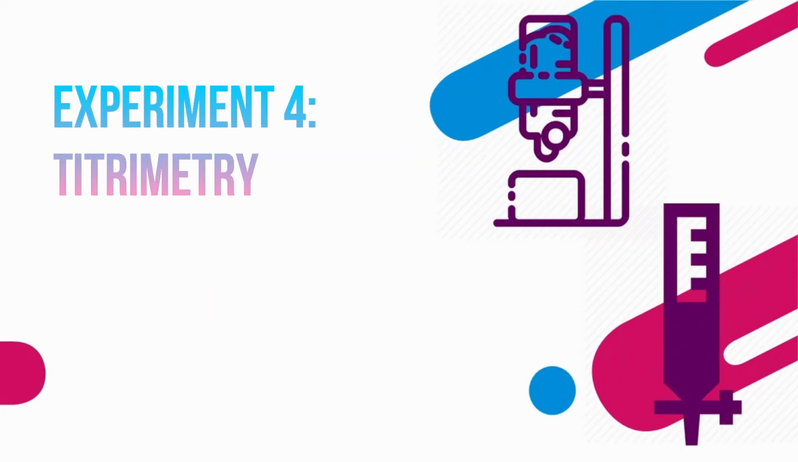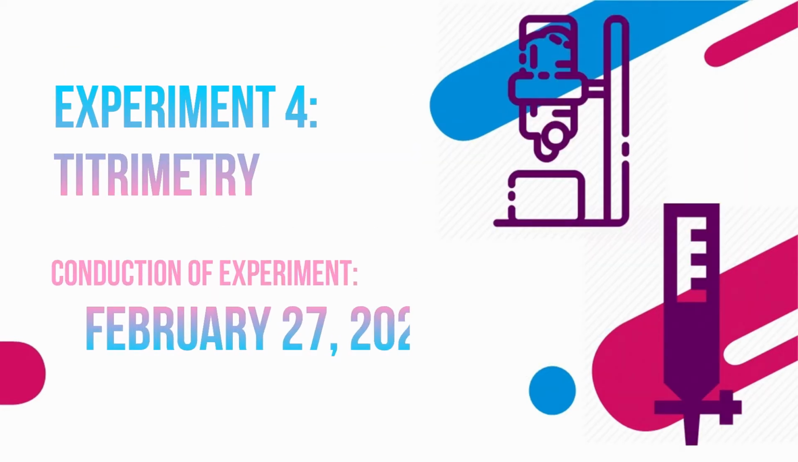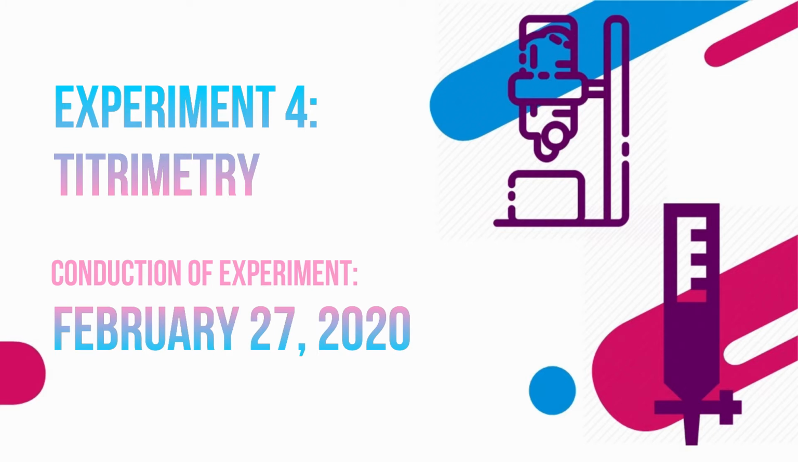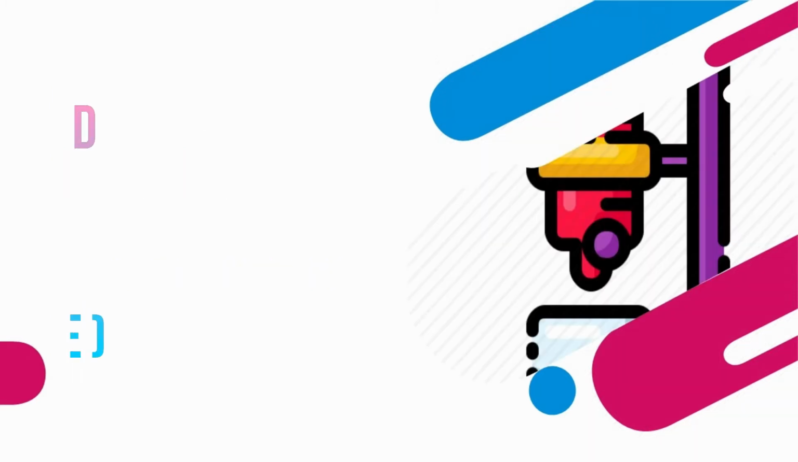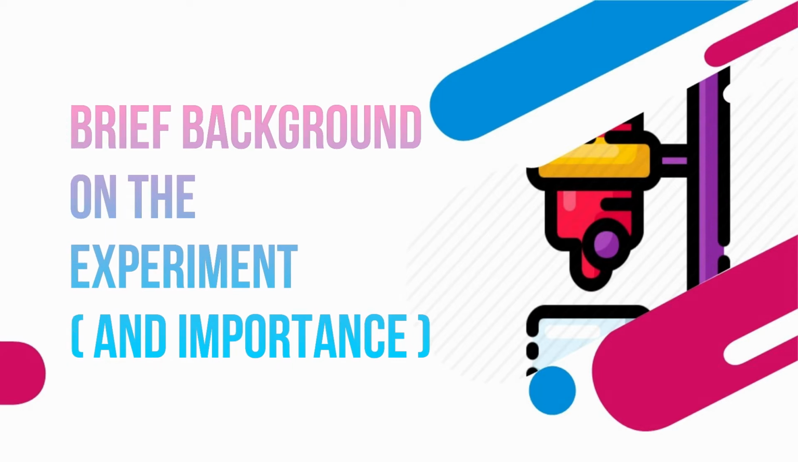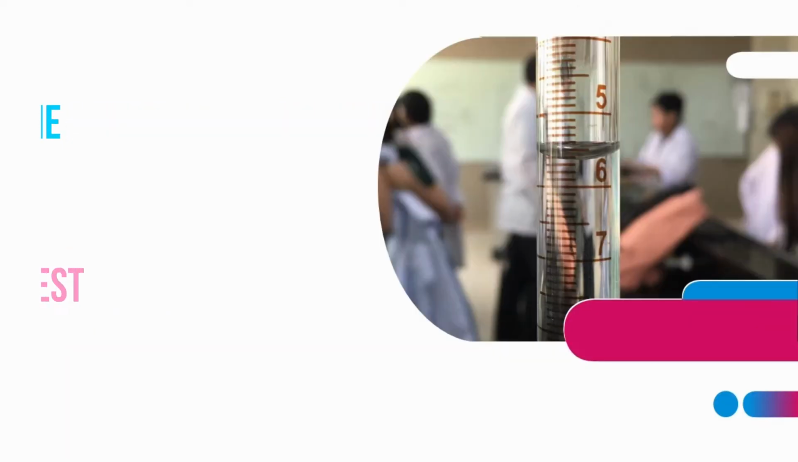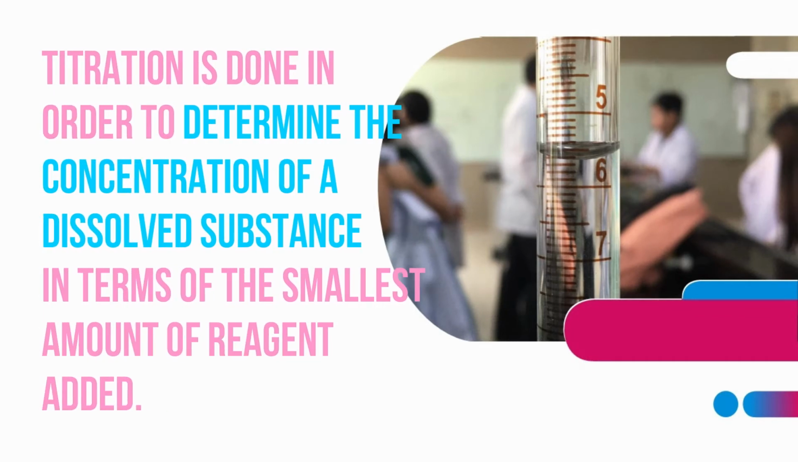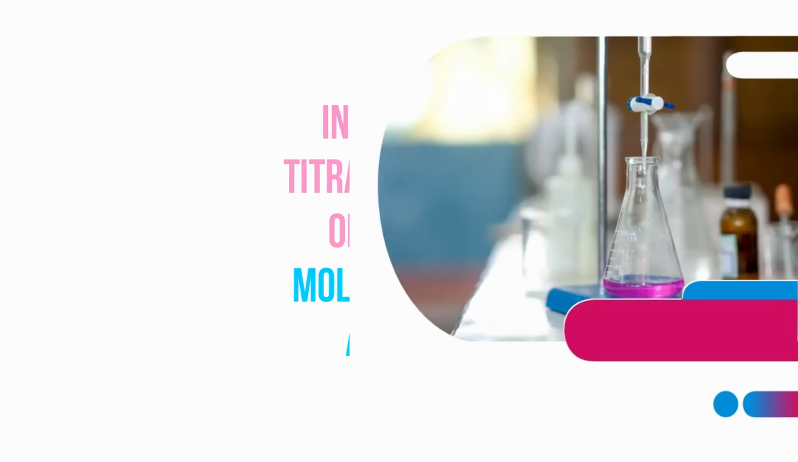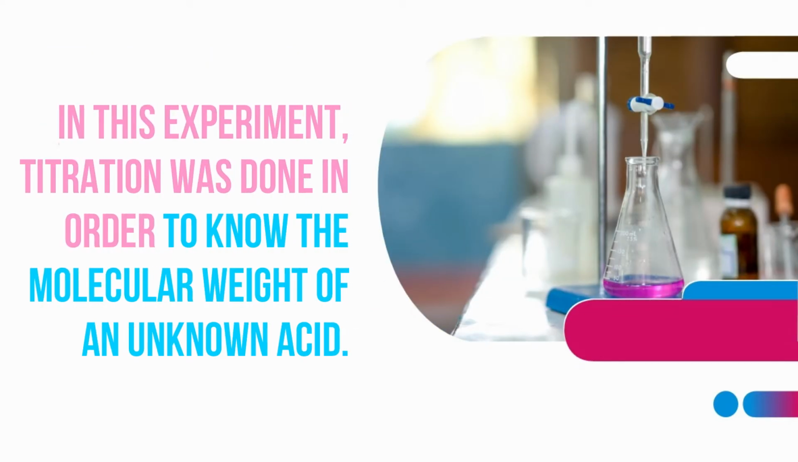February 27, we conducted an experiment, which is the experiment for Titrimetry. So today, we're going to discuss our insights and a brief background about the experiment. So first, titration is done in order to determine the concentration of a dissolved substance in terms of the smallest amount of reagent added. In this experiment, titration was done in order to know the molecular weight of an unknown